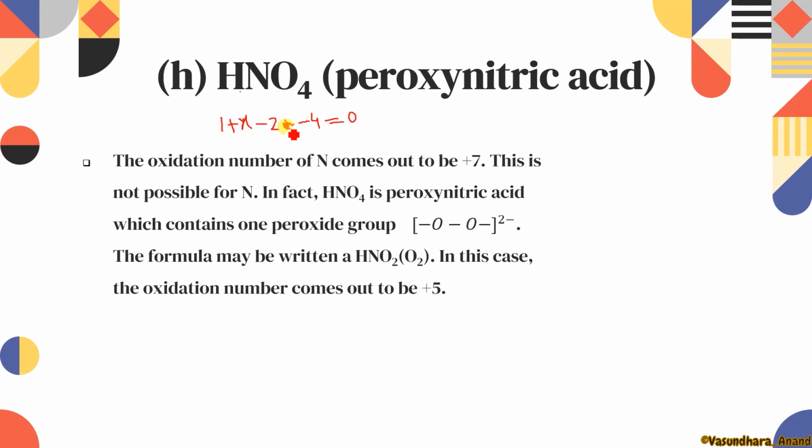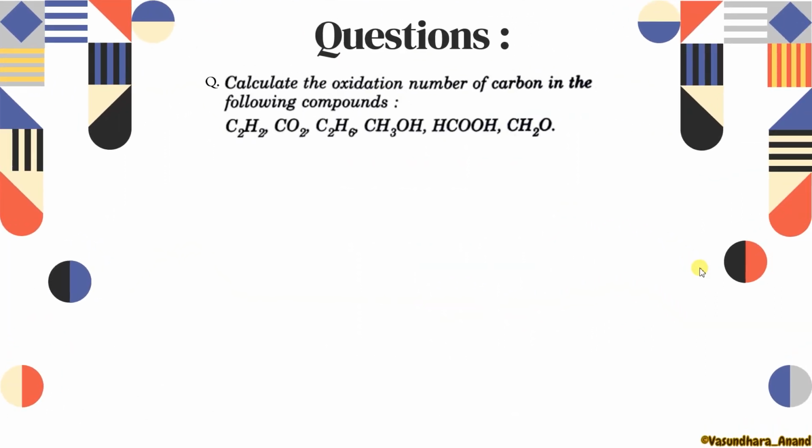And already I told you that if the peroxide bond is there, then the oxidation number will be equal to its valence electron. And I think now it is set in your mind. Now I will not need to explain it again, you have understood. So this is the structure of peroxynitric acid, and this is not going to be forgotten. Yes, it will be fixed in your mind. Okay, so here it is a peroxy bond. 2 oxygen are involved in the peroxide bond, -1, -1. Clear?